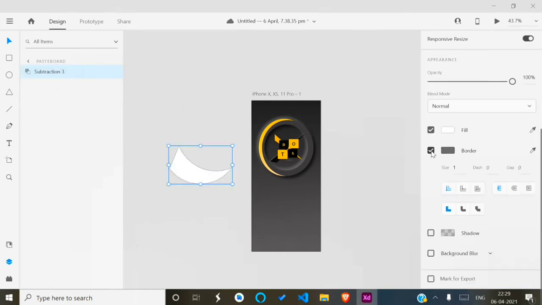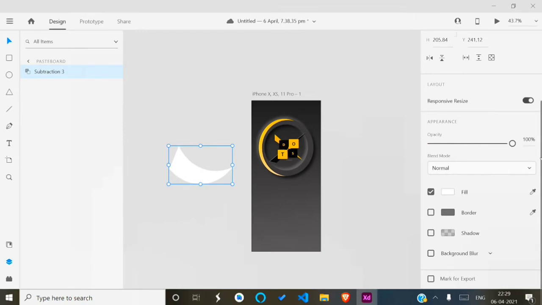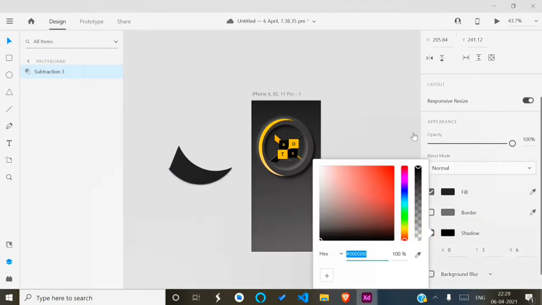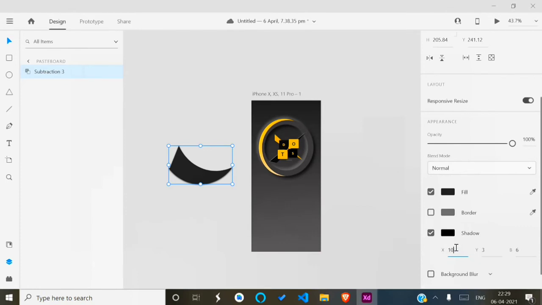So now we need to remove the border of this and give the background color using the color picker according to the layout background. And choose the shadow option and adjust its color, and then set the x and y value as 10 and b value as 15,